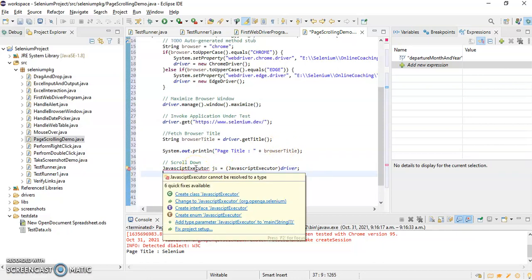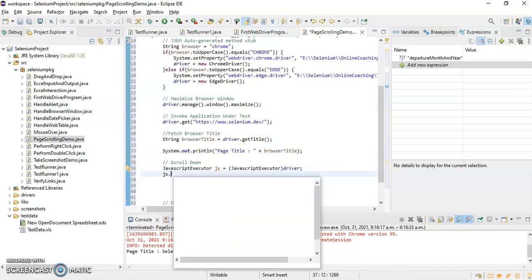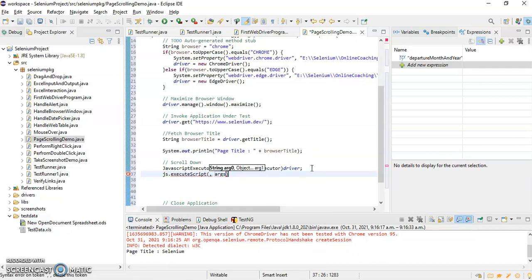So I will import this JavaScriptExecutor interface. Basically the spelling was wrong. I can write here js.executeScript, and here I have to write window.scrollBy, and here I can write 0, say 3000.